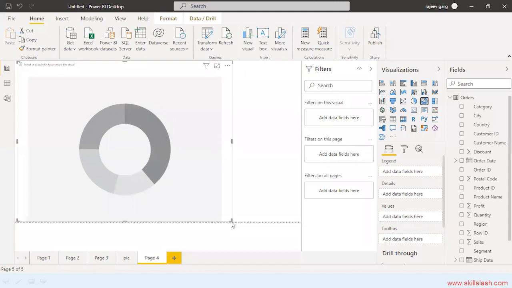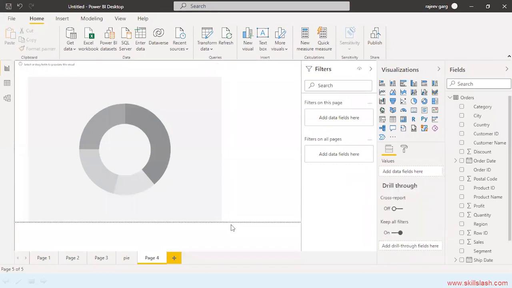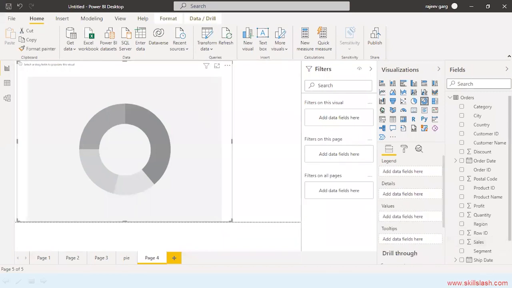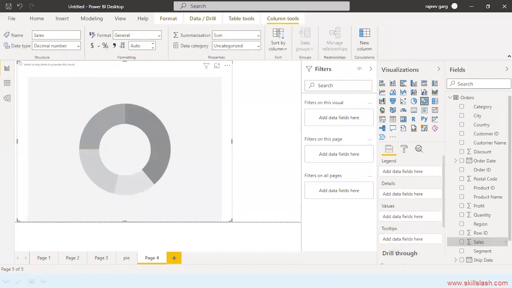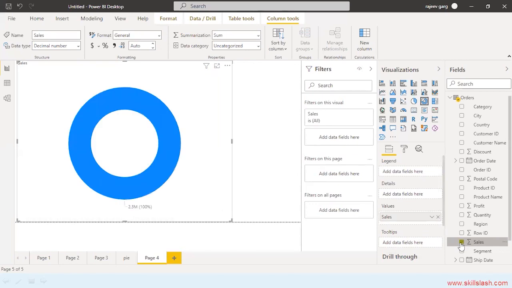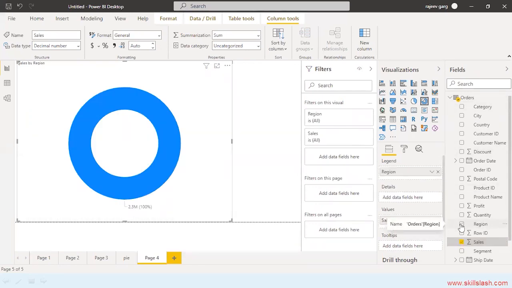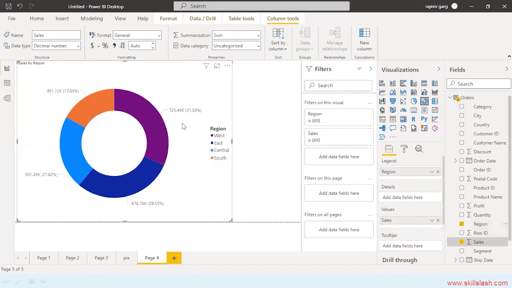Let me take the sales. Oops, so I need to select it. Let me take the sales on the basis of region. So I'm getting the region wise bifurcation of the sales. Quick formatting, so I can go over here.